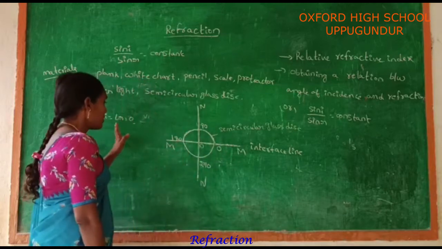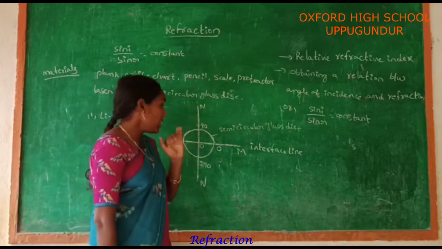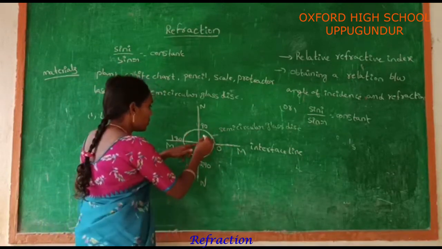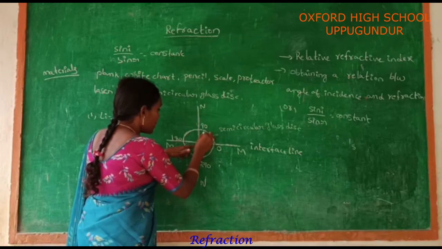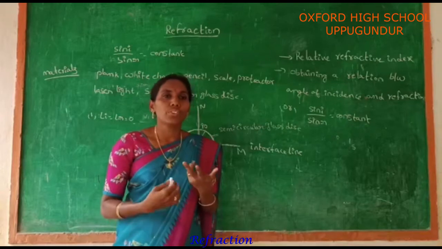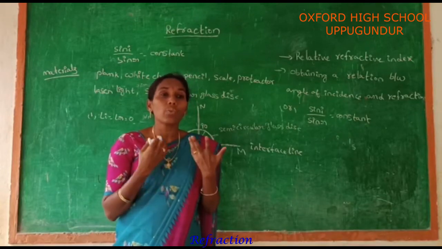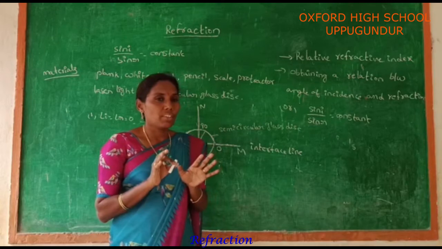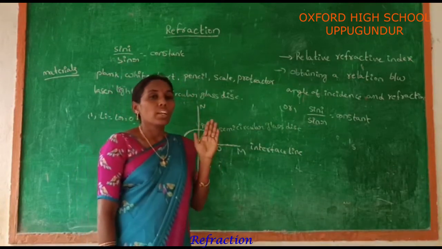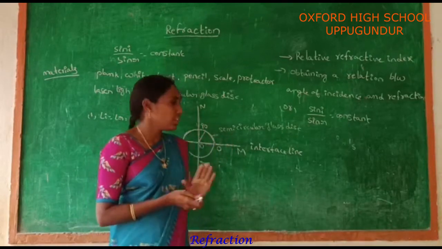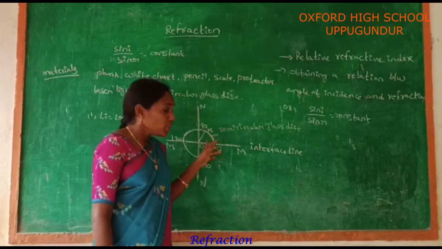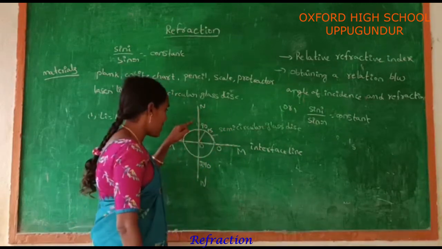Okay? See the next case: send a laser light which makes an angle of 15 degrees with the normal. Now look at the board. It can be 5 degrees or 10 degrees or 15 degrees, whatever angle we take, no problem. In the first case, the light ray passes along the normal, and in the second case, the light ray makes an angle of 15 degrees with the normal.